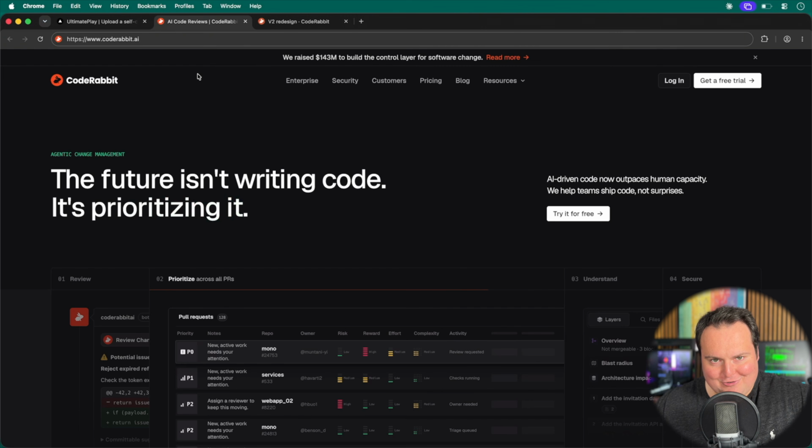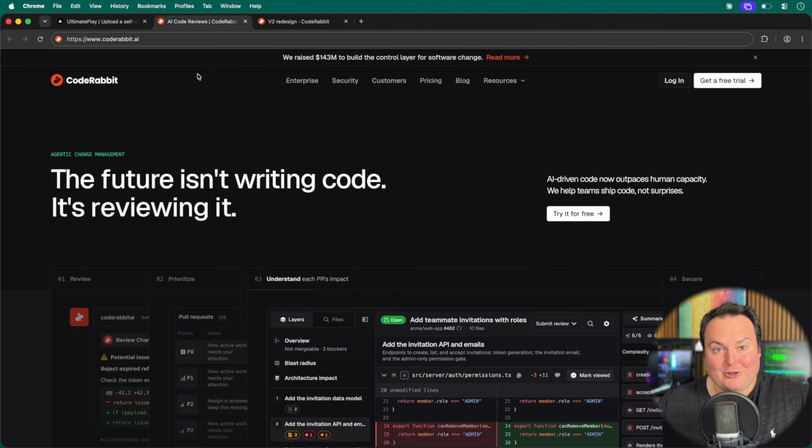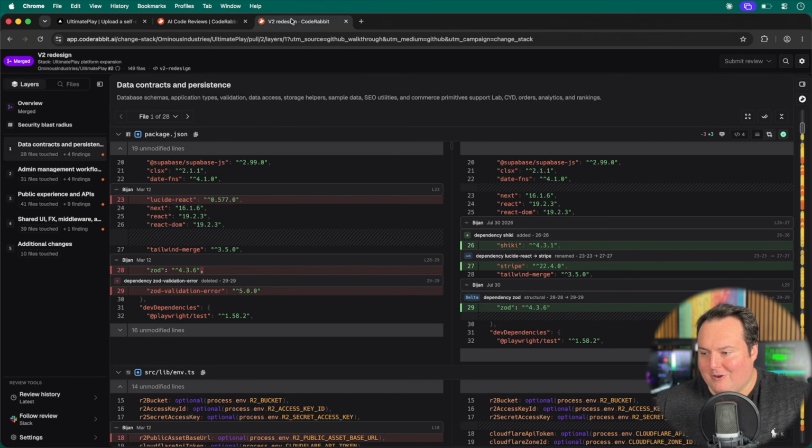Today we're going to be taking a look at CodeRabbit and a very interesting feature that they have introduced called the change stack. Now, to give a little bit of pertinent information about what we're going to be seeing in today's video, we're essentially going to be doing a lot of stuff related to large code-based changes, things like pull requests, merges, and looking at this, which is basically a tool to really simplify the process of actually understanding how to do PRs, merges, and everything like that in a world where so many folks are now becoming capable of